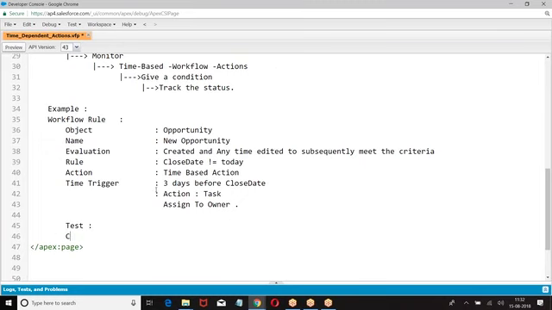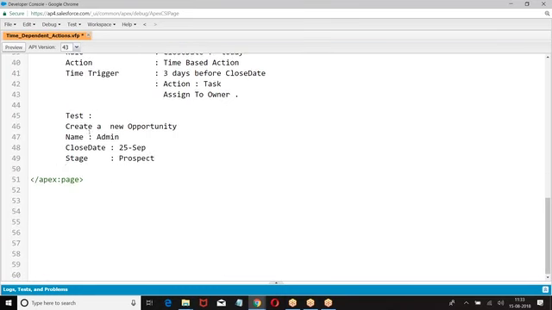Just create a new opportunity. Name, close date, stage name. Create a new opportunity.